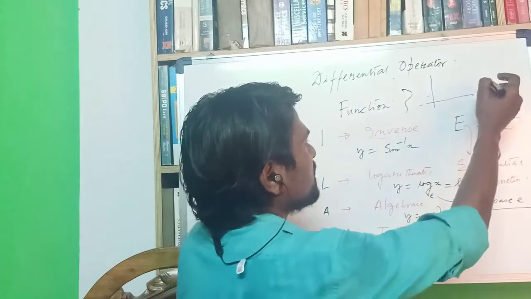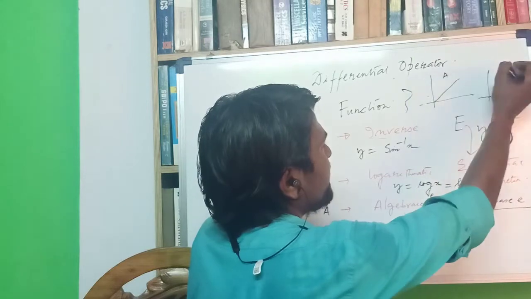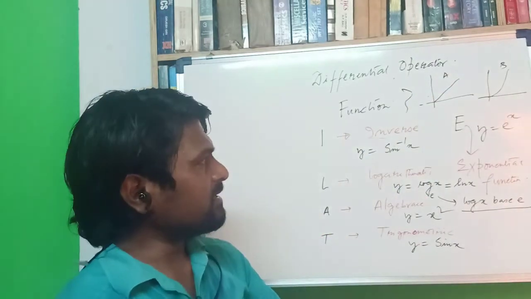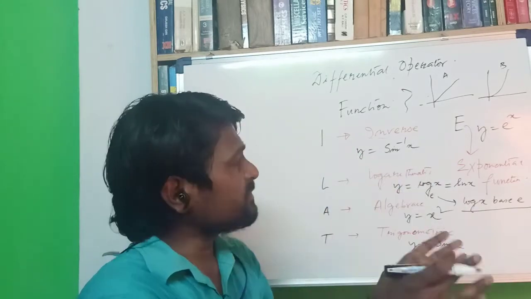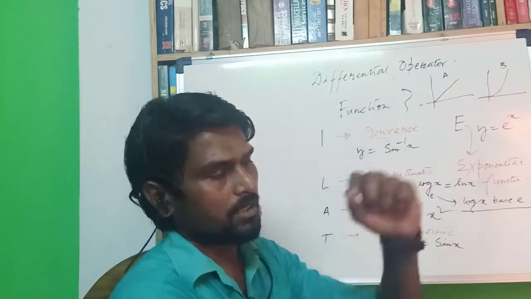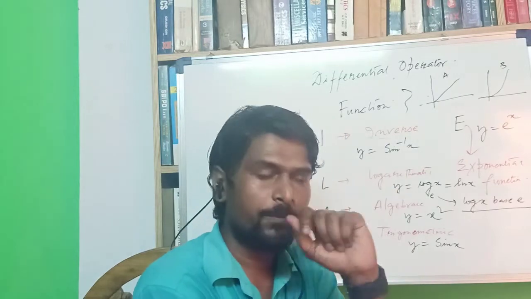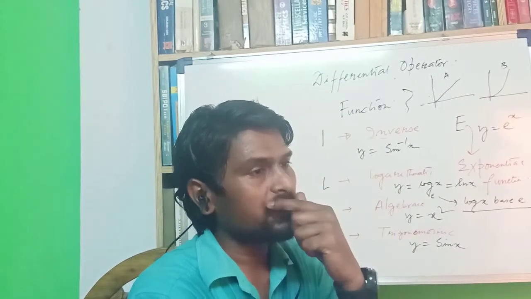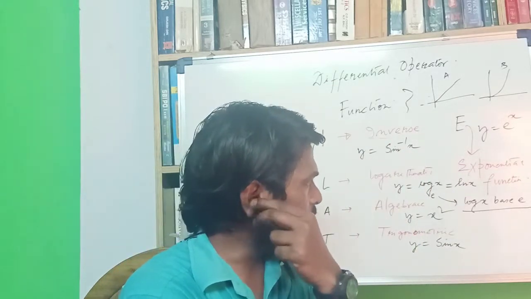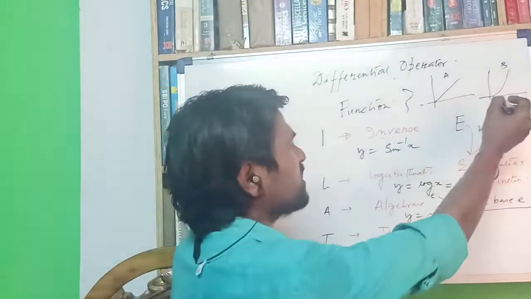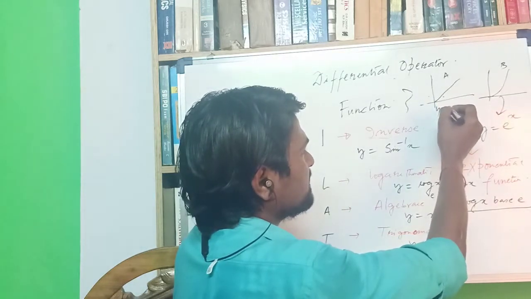Suppose two graphs are given here, this one and this one. So this is A and B, and if we plot their results with respect to time, you get that particular graph. Can you say which student is better, A or B? Yes, you say B, because its slope is steeper than A. So I say that this is an exponential function, and this is a linear algebraic function, that is y equal to x.